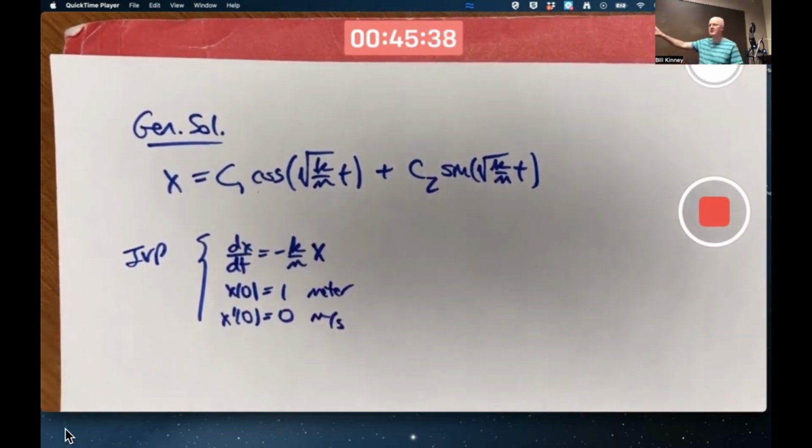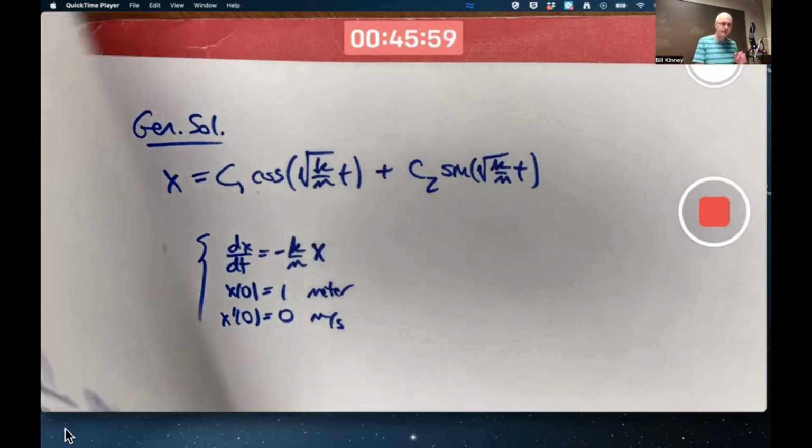In other words, we're stretching the mass 1 meter to the right. Okay, it's a very big spring. We can stretch it 1 meter to the right, and we're letting it go from rest. That's our initial value problem. We'd like to find the unique solution of this. Before I do so, I probably should mention something about units